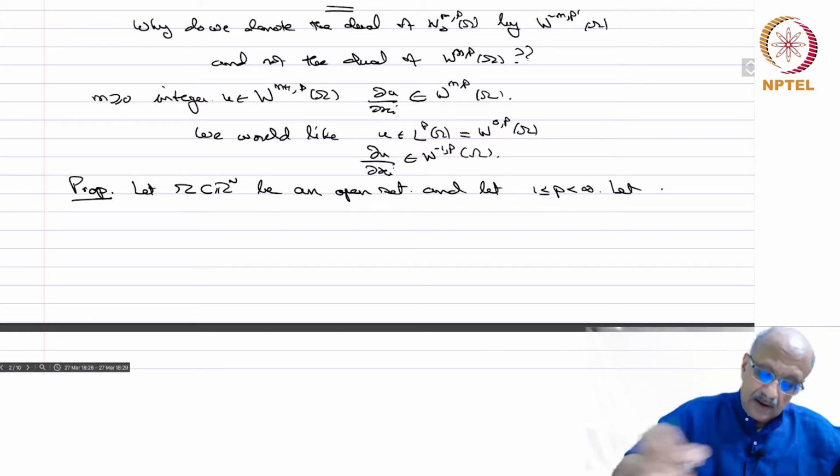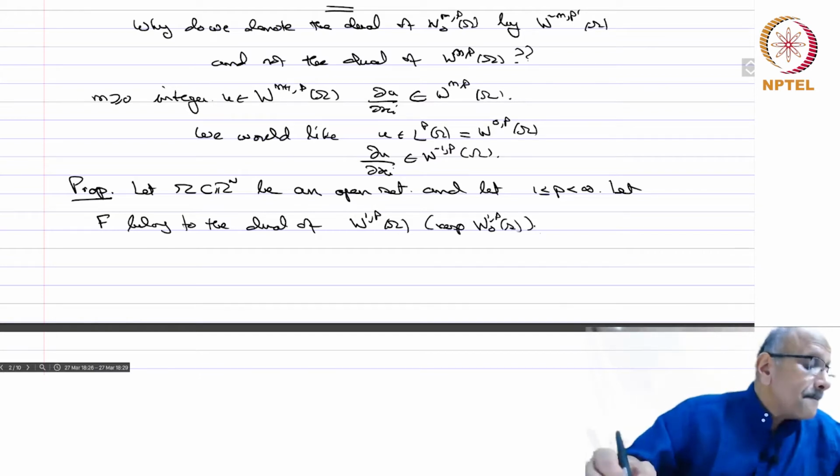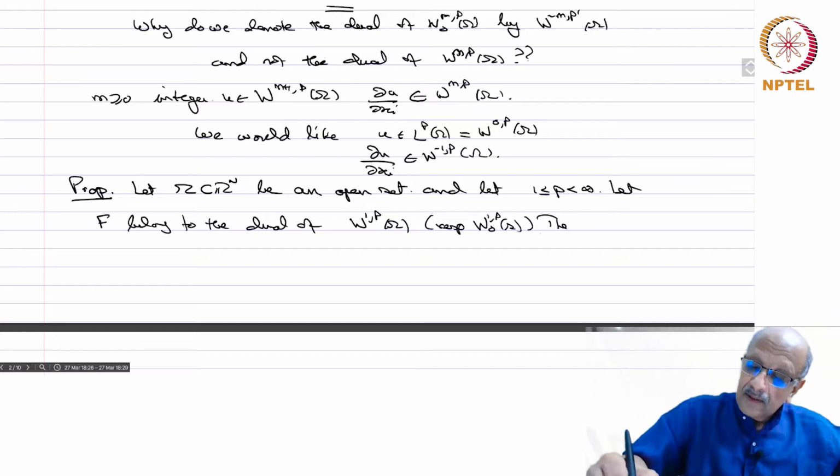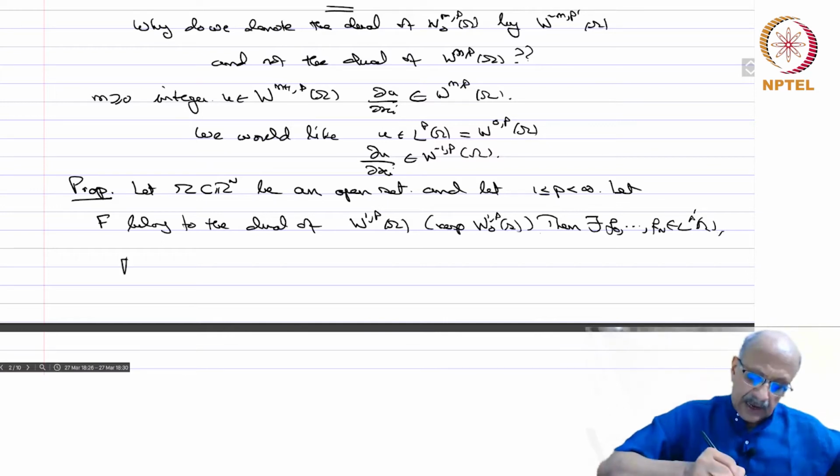Let capital F belong to the dual of W1P omega, respectively W1P0 of omega. Then there exists F0, ..., Fn in LP dash of omega, P dash equals the conjugate exponent of P,